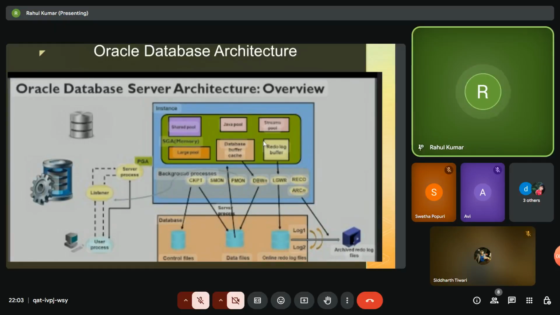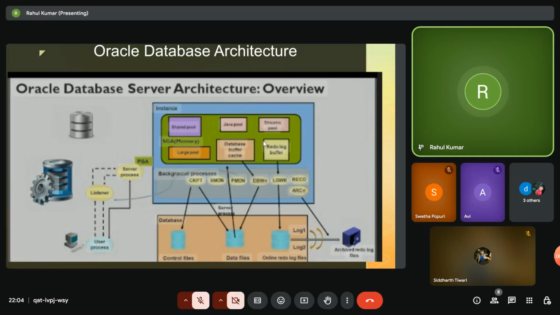Once that is passed, a hash value is generated for that particular query. After generation of that hash value, it will extract the information from the disk. But before passing that information directly to the user, it will write that information to the DB buffer cache, so that for future use, in the sense, suppose